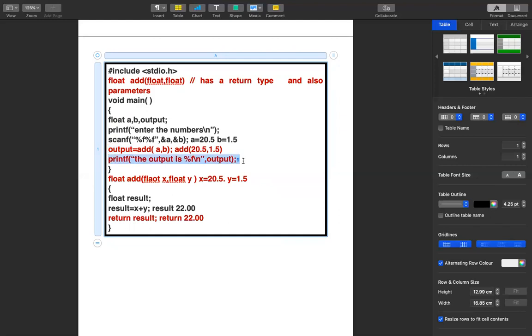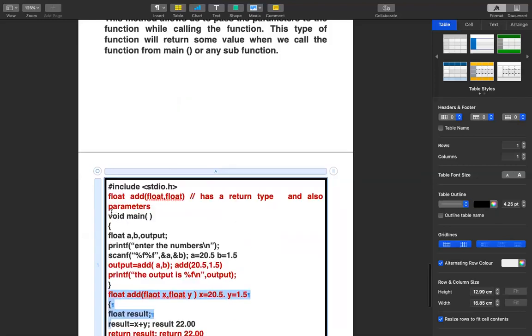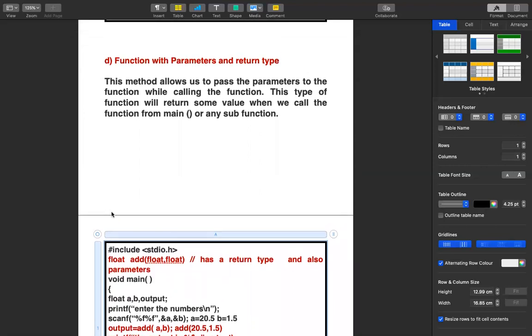In this case, input and output are dealt with by the main function. Only the job of the add function was to compute the result and give it back to the main function, that is, the calling function. So this is the example for a function with a parameter and return type. That means it will have both a parameter and a return type.